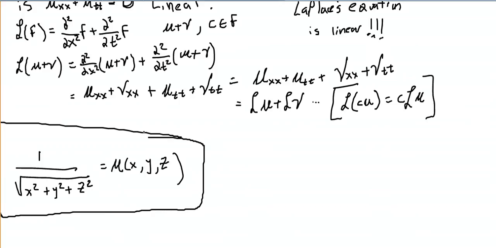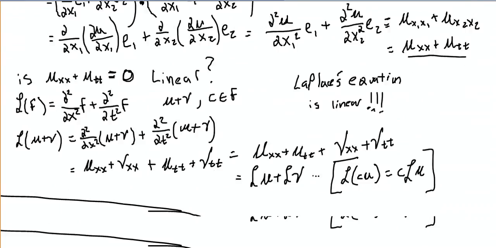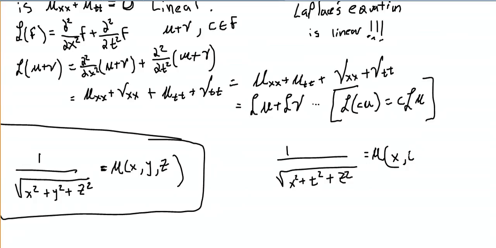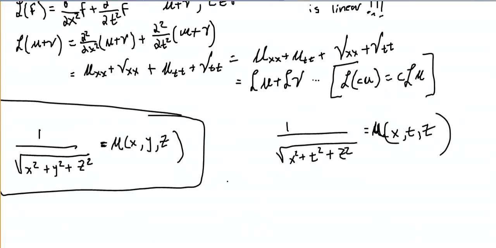Given some function, I can go ahead and do this, given Laplace's equation. You know what? This might even work up here. Take this. Of course, we have to switch the variables up a little bit. So let's see, 1 over the square root of x squared plus, I don't know, t squared plus z squared. I think this might work for Laplace's equation. I'm not sure. Go ahead, check it out. If it doesn't, then just mess around with the stuff until you can figure out a way to make it work. The main idea that I wanted to talk about is solutions